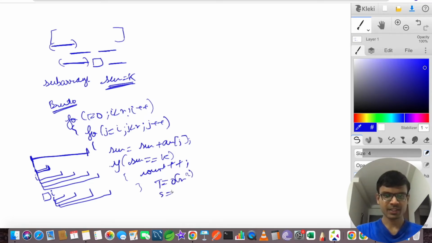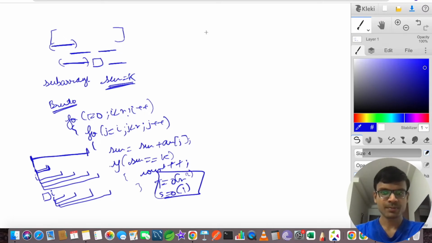I'm not using extra space, or space complexity would be O of 1 only, right? So what is the better way to do this? If you observe this problem carefully,